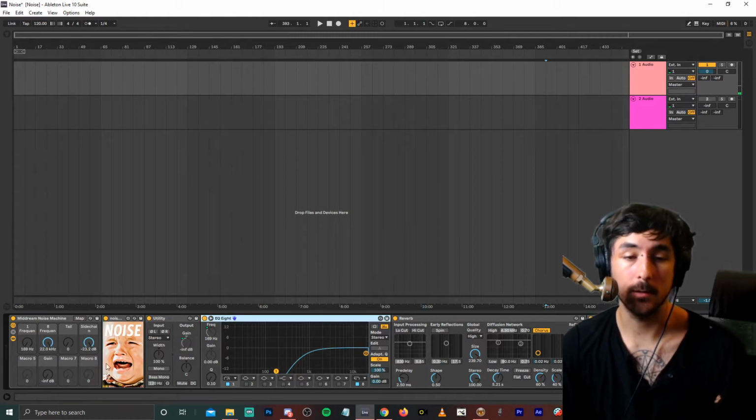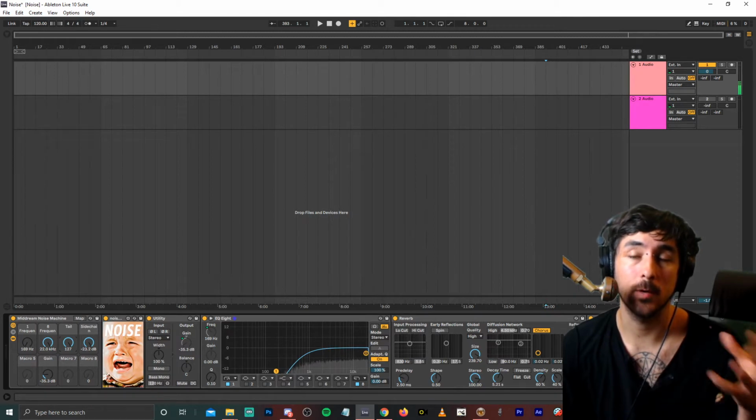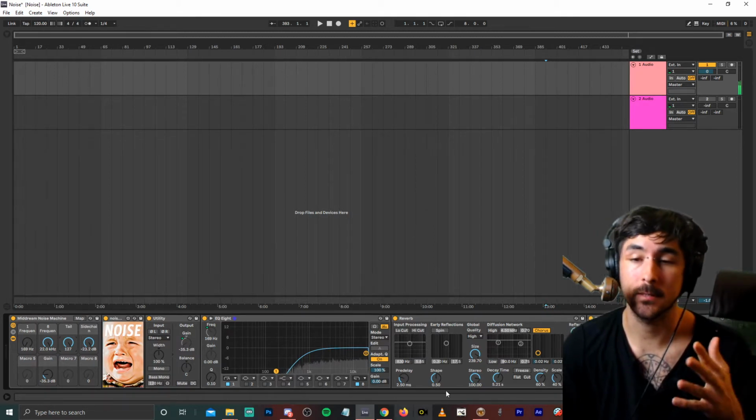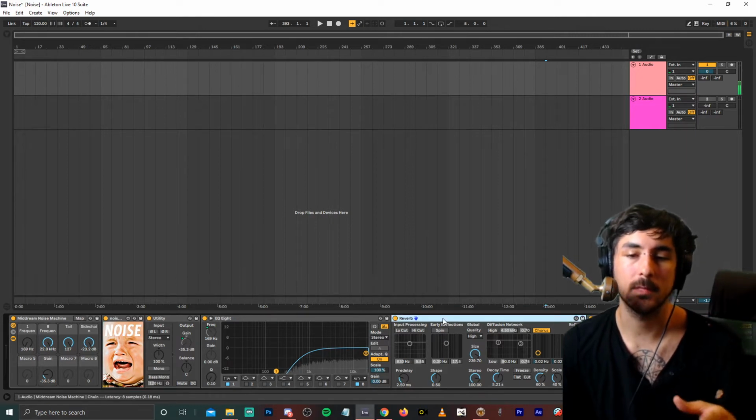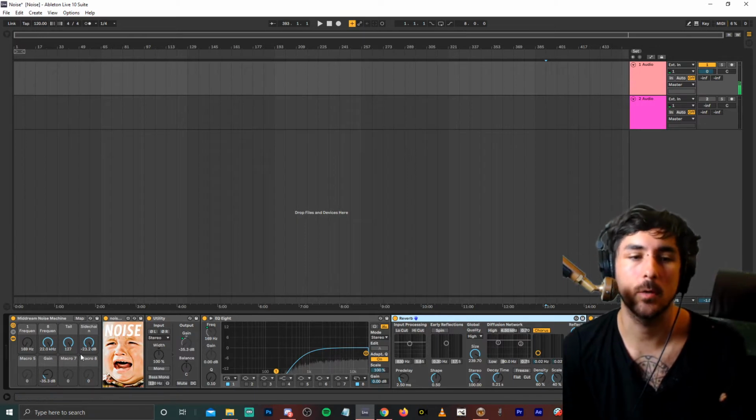And now on this EQ8, as we turn this up, we have the ability to trim the sonic spectrum of this noise. And after we do that, we have the ability to add some tail to it, add some reverb and delay, because it's kind of ping-ponging in the delay back and forth. And then the reverb is making it a little bigger in the stereo, and they're both giving it this tail. So once we turn it off,